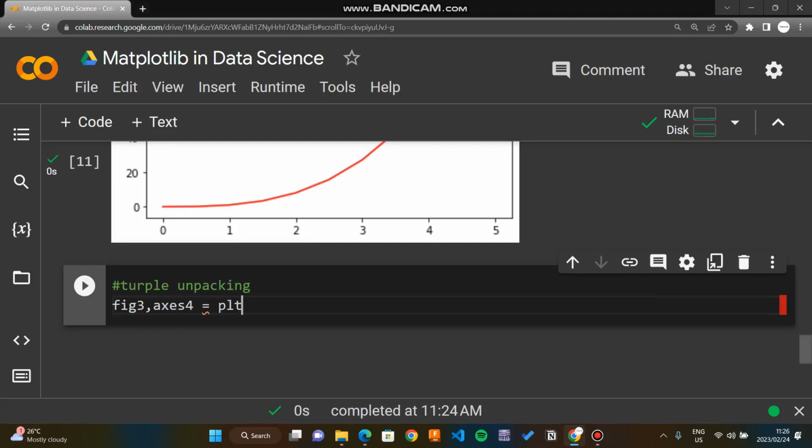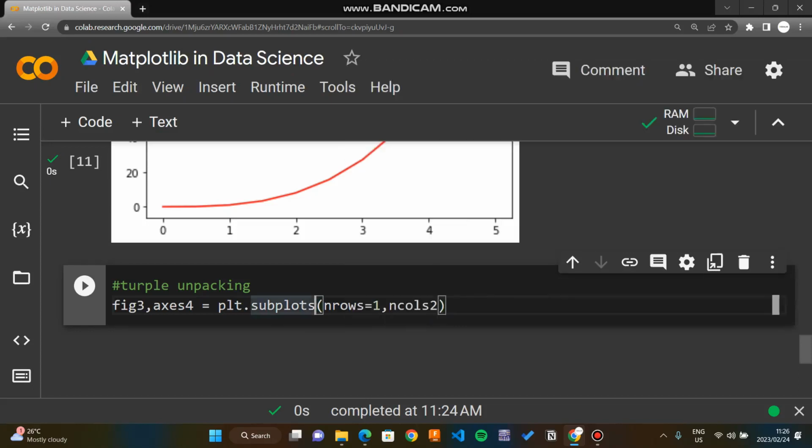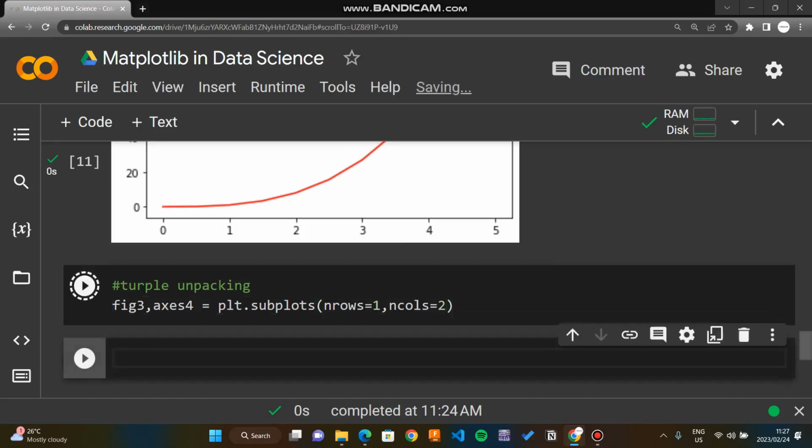So in this case, it is equal to plt.subplots, and inside that subplots, we emphasize the number of rows and the number of columns. In order to do so, we just say nrows, and I want the number of rows to be 1, and the number of columns to be 2, like so. Now, let's take a look at what it actually does. So if I run this